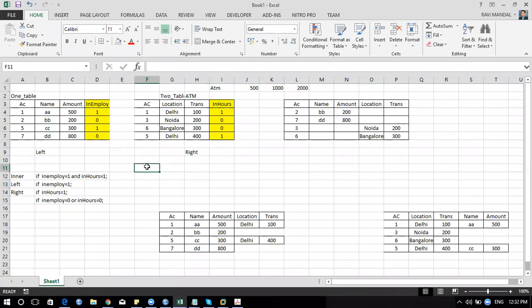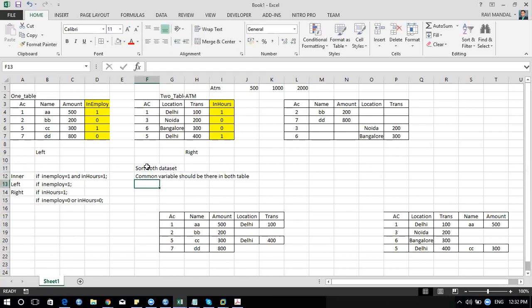So now the prerequisite before doing merging is to sort your data. Sort both data sets, and the common variable should be there in both tables.